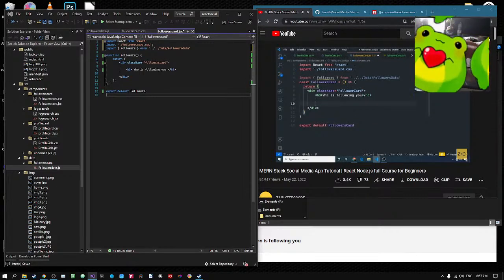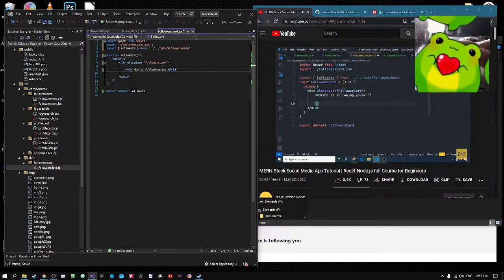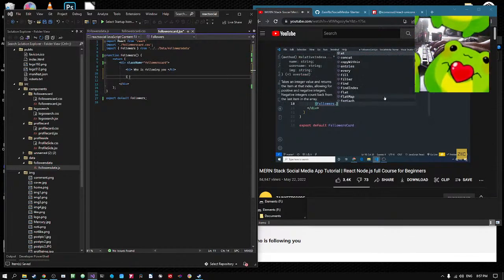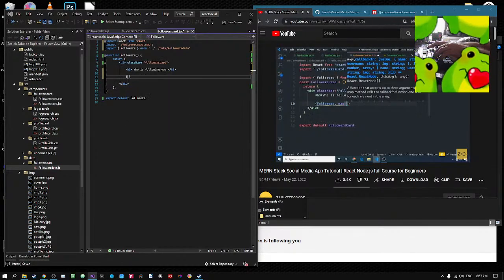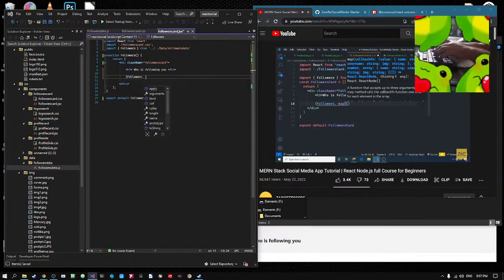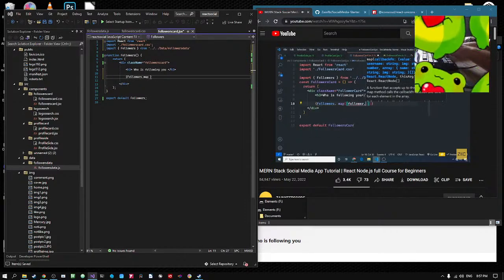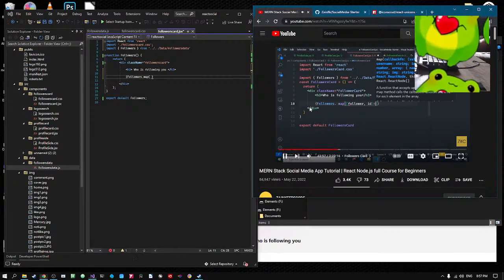Now what I'm going to do next, for the followers array that we have imported, I am mapping all the data members of this array, and for each follower with its ID, let's